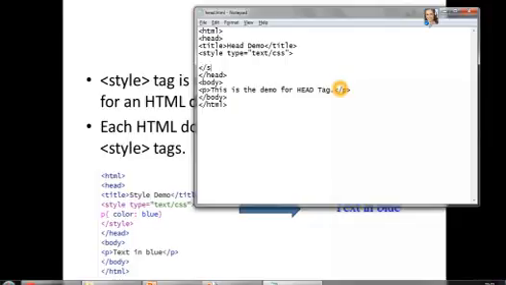I'll close this style tag. Whatever you write between these two tags will be applied to your body.